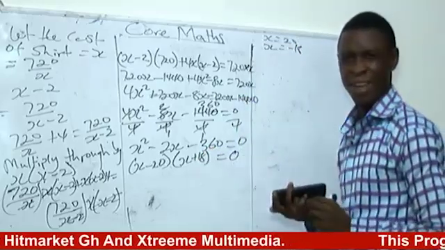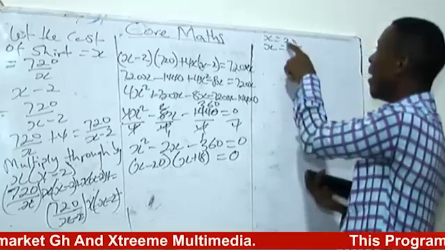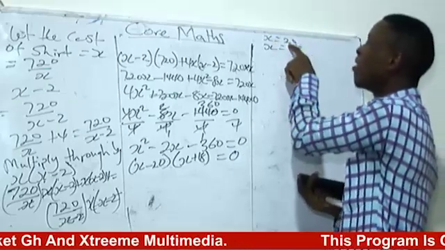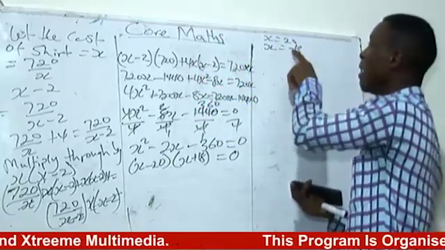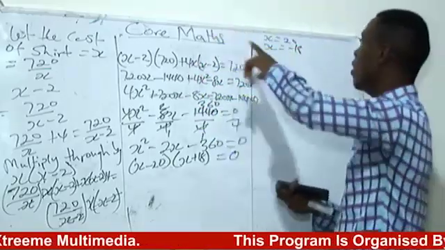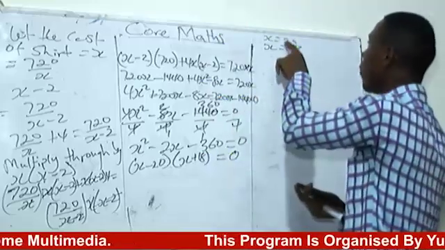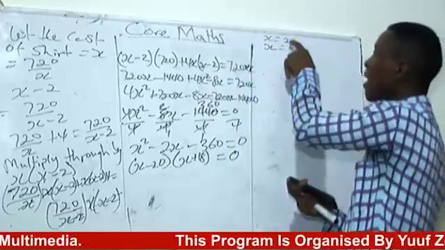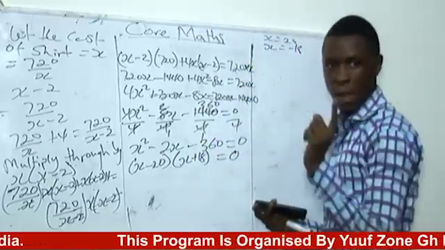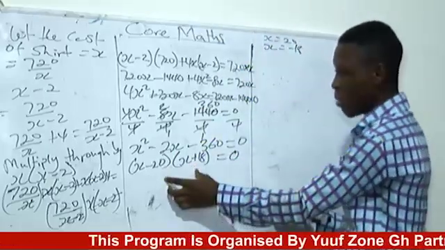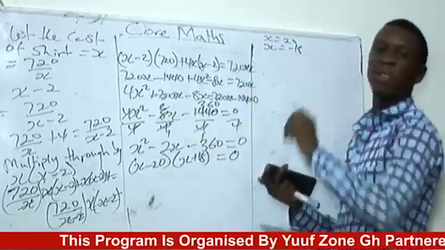Are you getting what I'm saying? The answer given to you is positive 20, meaning it was negative; when it crossed, that's why it's positive. Then the minus 18 here was positive before changing, which is why it is negative now. I hope you are getting me now. So by the end of it, we will come and get these things again.